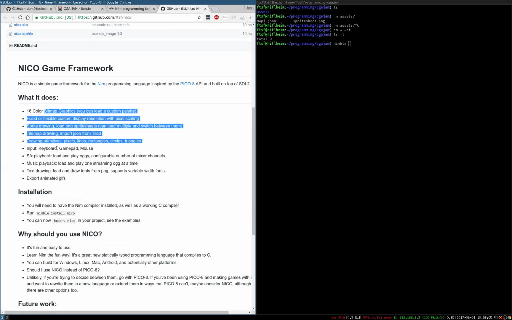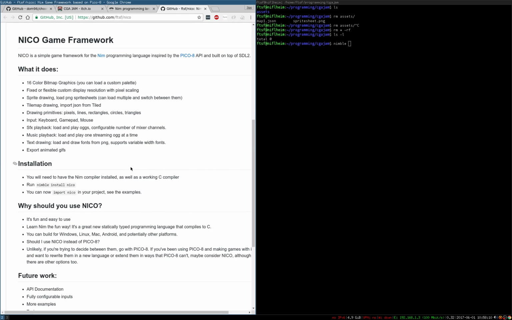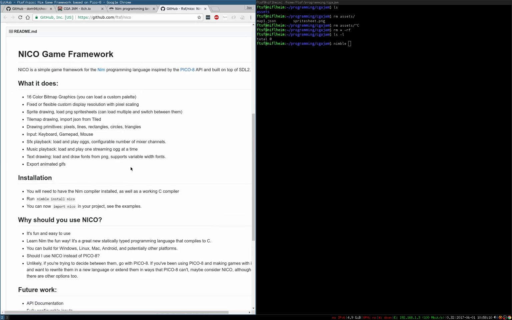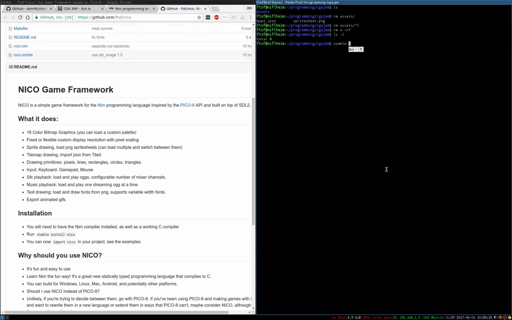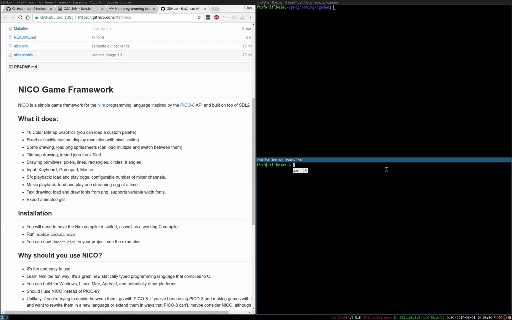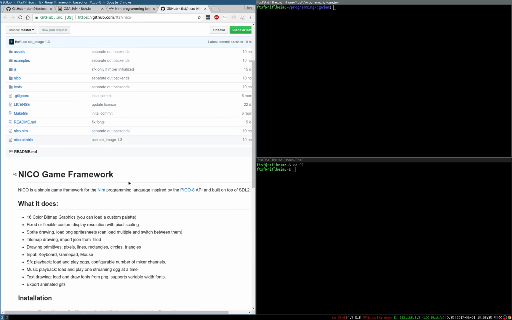So, 16 color bitmap graphics. Yeah, I've made a few games with it already. So, nimble install nico. Aha! This is a problem. I haven't published it on Nimble yet, which I will do shortly, but for now you can get it here,